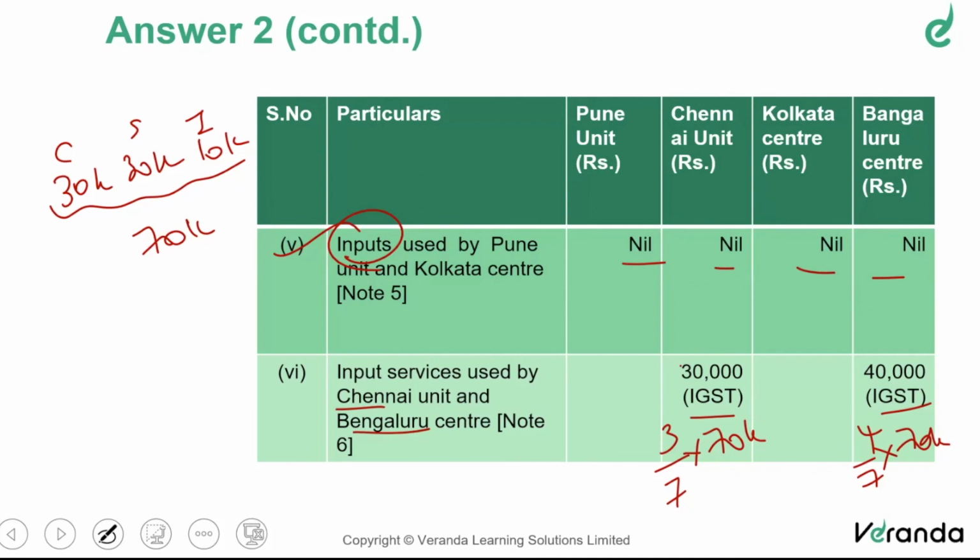Point number 2, input should not be distributed under this concept. Capital goods also, if it is there, not to be distributed. Point number 3, as far as unregistered units are concerned, everything is registered here, so it does not matter. Or units manufacturing only exempted products, all these are irrelevant for distribution under ISD concept. Once it is distributed, what happens? That's a separate story. They're not asking that here. But as far as distribution is concerned, this information is irrelevant. So these are the important points and adjustments to be noted in this particular problem.